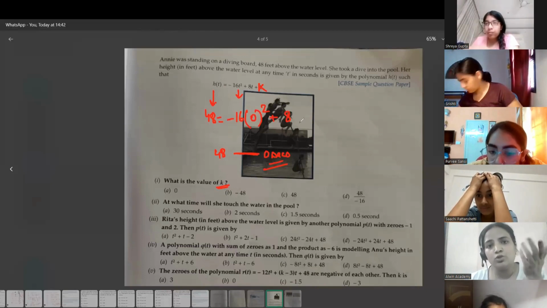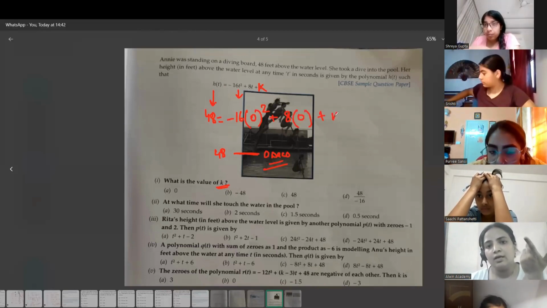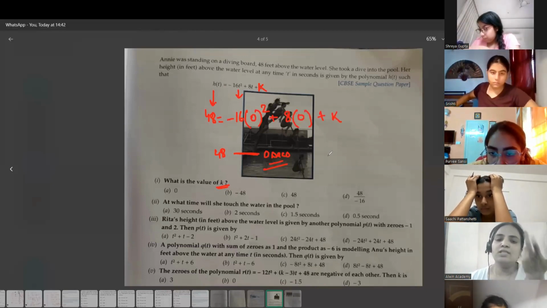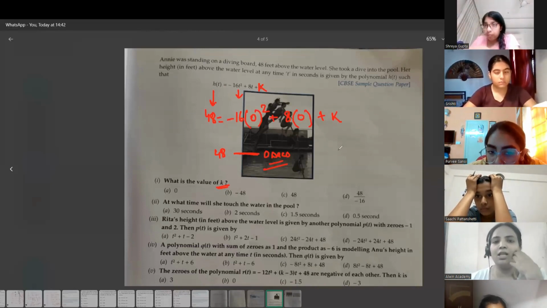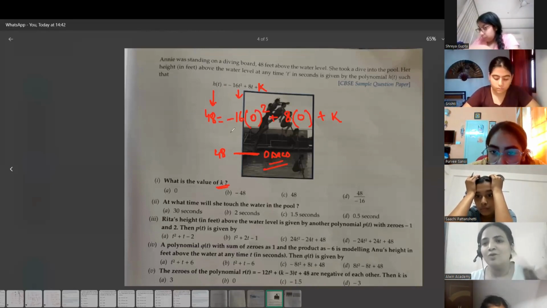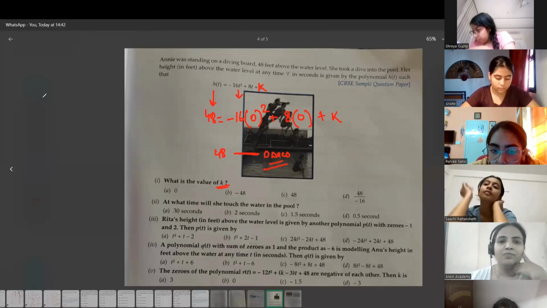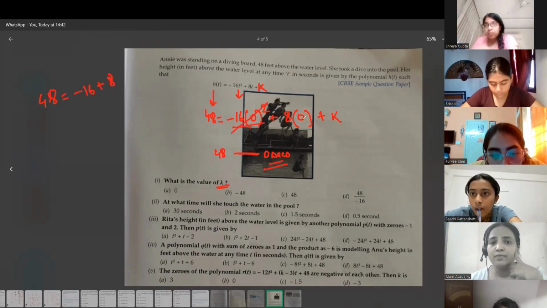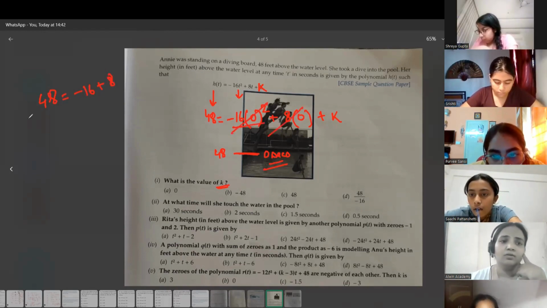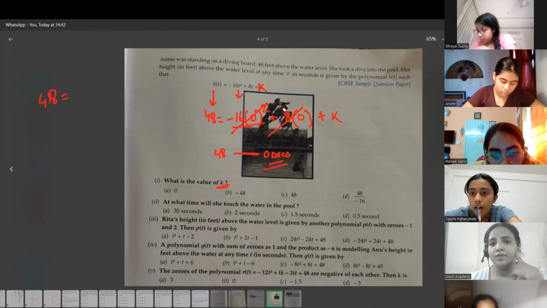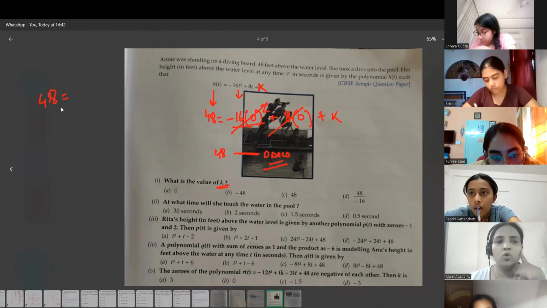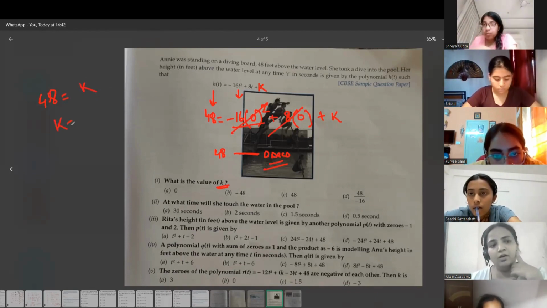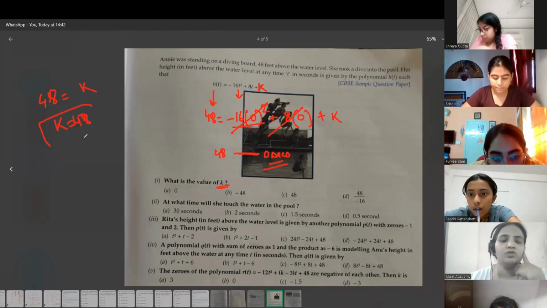Now solve this equation, you will get the answer. I'm not omniscient like you, beta, I don't know. Everyone solve it quickly. So 48 equals -16 times 0 plus 8 times 0 plus k. Okay, this all is 0. Everything gone. So this is nothing here, then equals k. So the answer is 48. Very good, Arnav. Have you solved this question before?